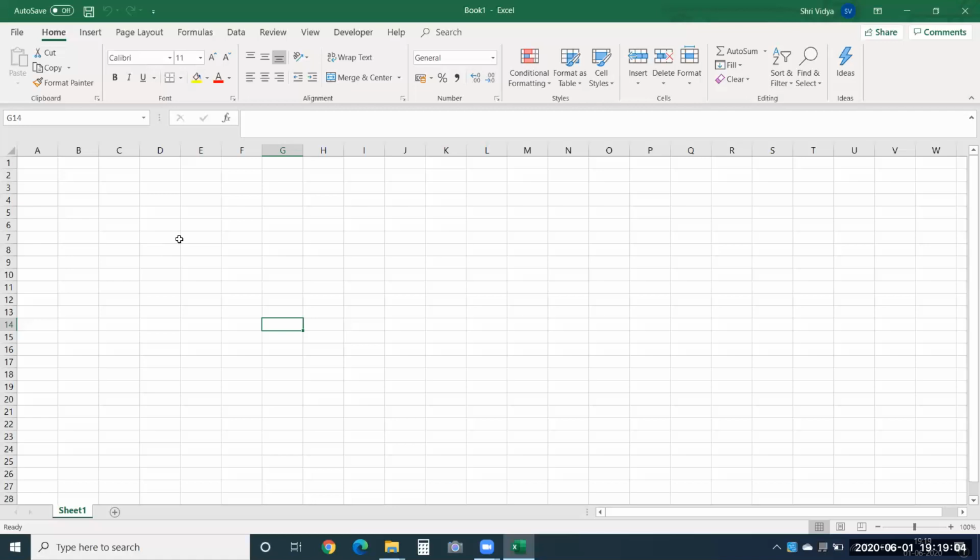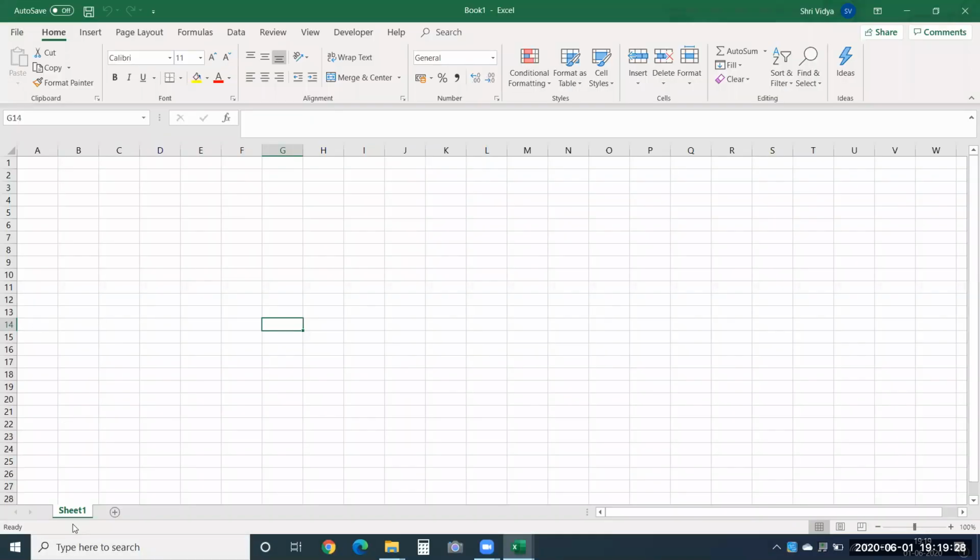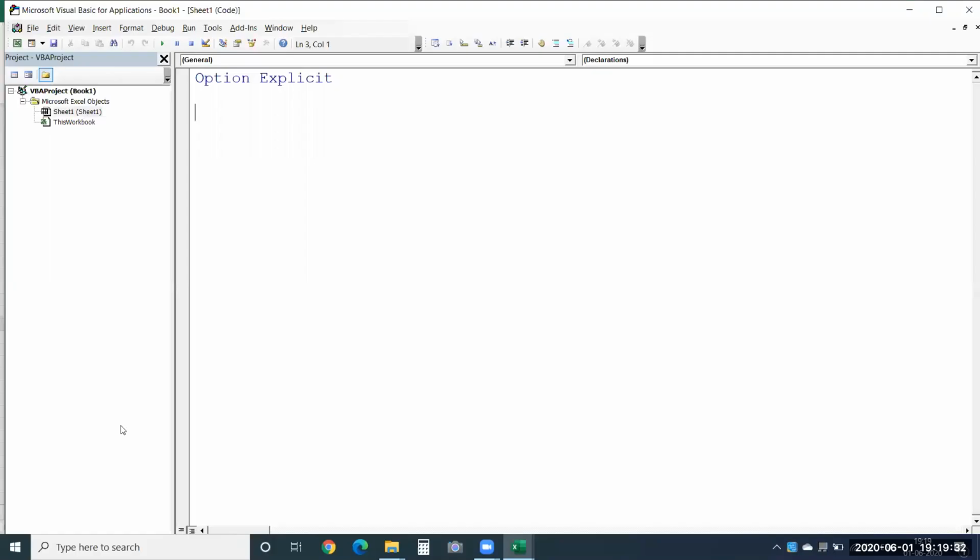We'll see that. To open a worksheet module, you have to right click on the sheet and click on view code. This is one way to open it. You could also open it by double clicking on Sheet1 over here. Both are going to do the same job. If you right click on a sheet that you want to specifically choose, you will be aware of which sheet you have used. So that's the safest way.